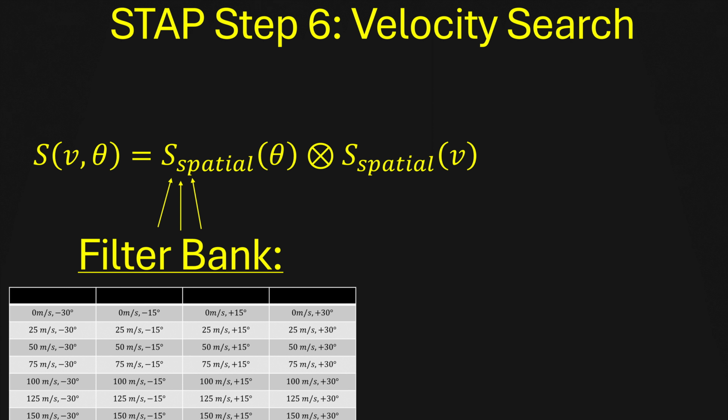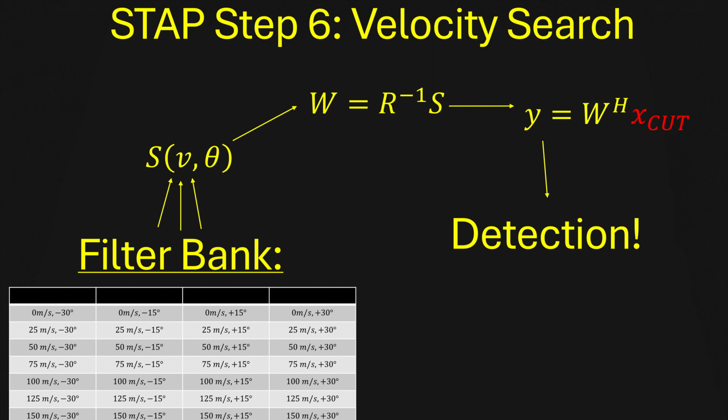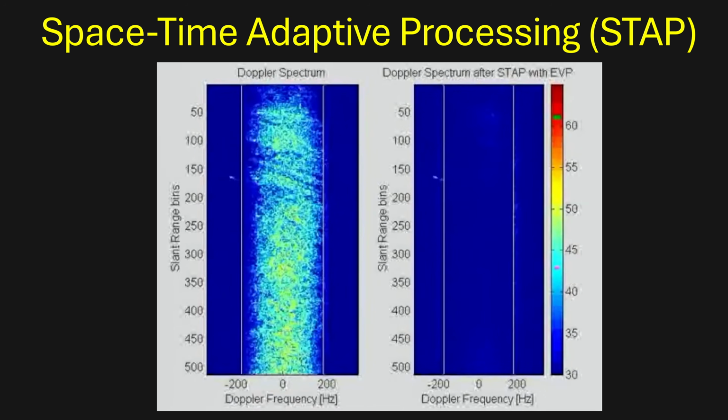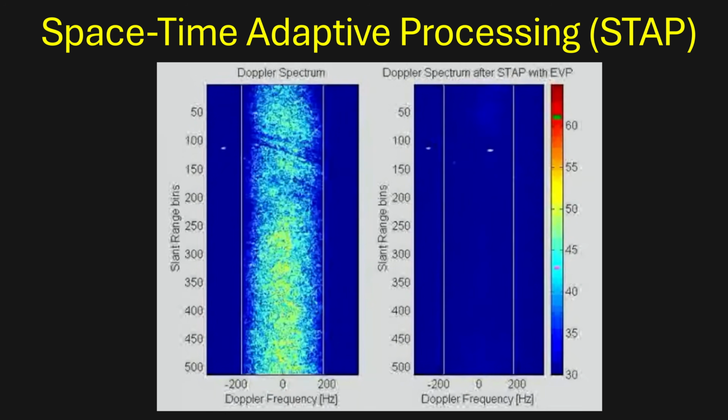Each filter will form a steering vector S. Each steering vector is applied to the inverse covariance matrix to form a weight vector that will maximize the signal to interference plus noise ratio for a target matching the filter's conditions. This is then applied to the data within our cell under test to give a value for how much it matches the filter. And we can use a simple threshold or more advanced algorithms using multiple filters to detect a target. The final result is the ideal suppression of the clutter ridge so that we can detect targets that were